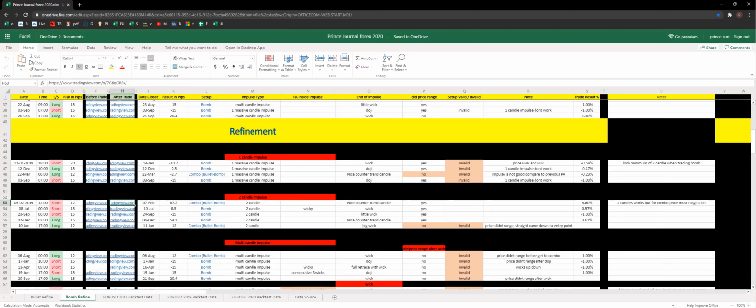Okay. So a two candle impulse works for combo. Price must range here. So what I explained here, price must range here. If you see this example,